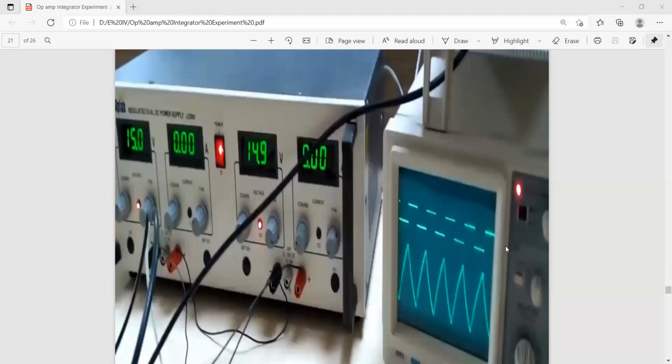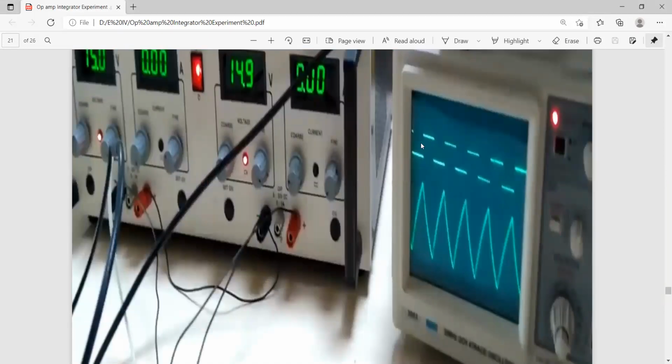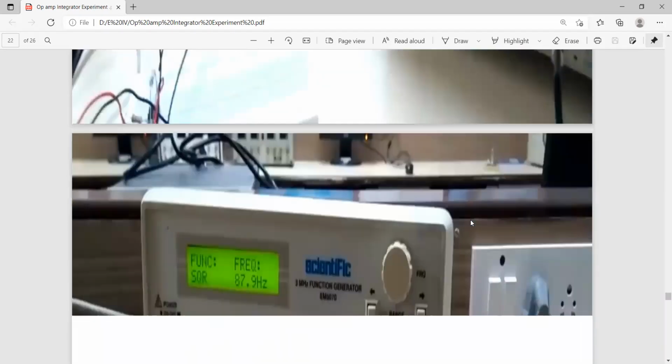So this is for the square wave you have applied. For the square wave we have applied through the function generator. This is your input. The corresponding output is, now you can observe this waveform. This is a positive peak. Here it is a positive peak. For this positive peak, it's completely from high to low. High to low. This is the shape of the positive. Then the negative peak, it is from low to high, up to this region. Okay. So in this way, we are able to produce a triangular wave at the output.